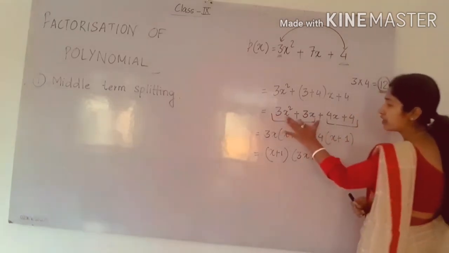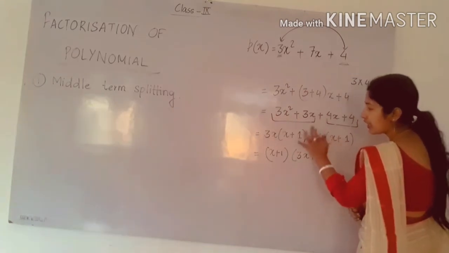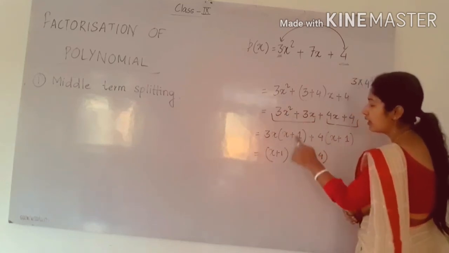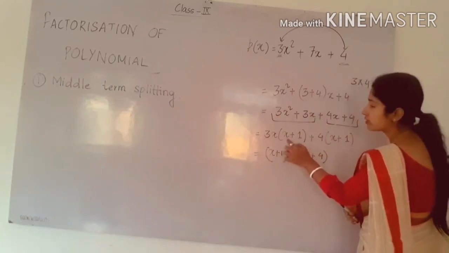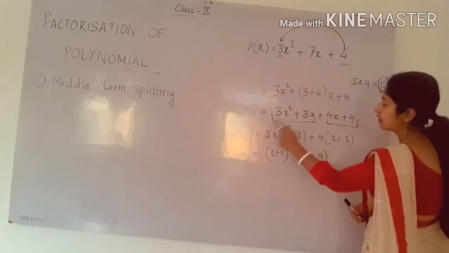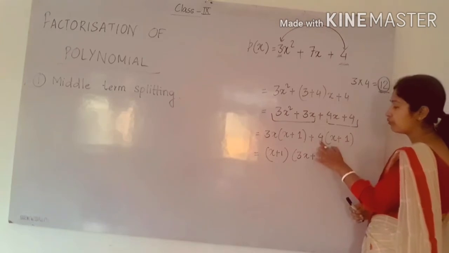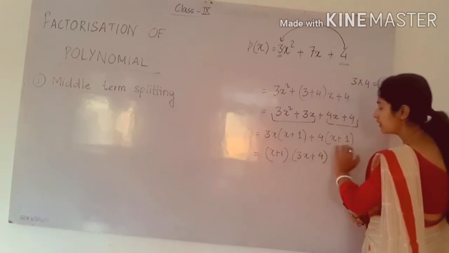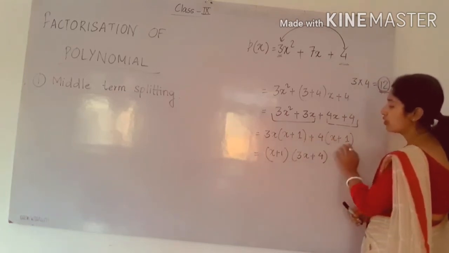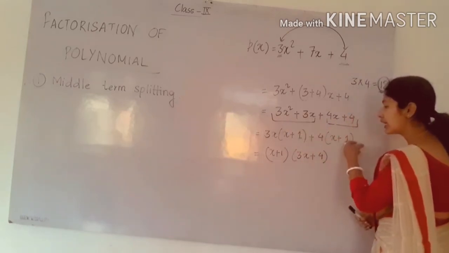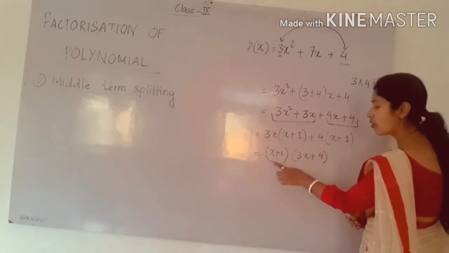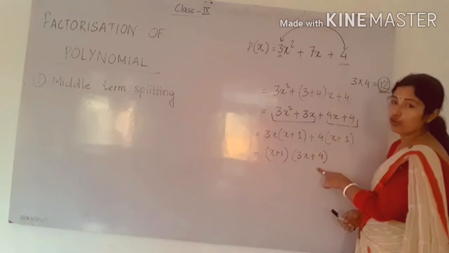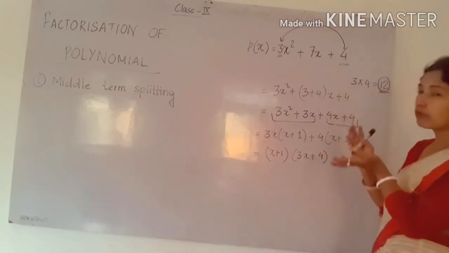So from the first 2 terms, what we have to do? See here, I have to take common from the first 2 terms. From the first 2 terms we have 3x as common. Then in the bracket what will be remaining? x in the first term, and then plus 1, because we are taking 3x. Again from this, 4 is common. Then in the bracket we have x plus 1. So as you see in this line, x plus 1 is common. So again we will take common from this line. What is the common term? x plus 1 is the common term, and in the bracket again it will be 3x plus 4. So we have factorized this quadratic polynomial.